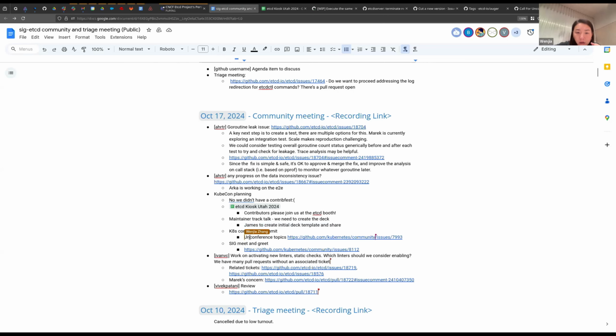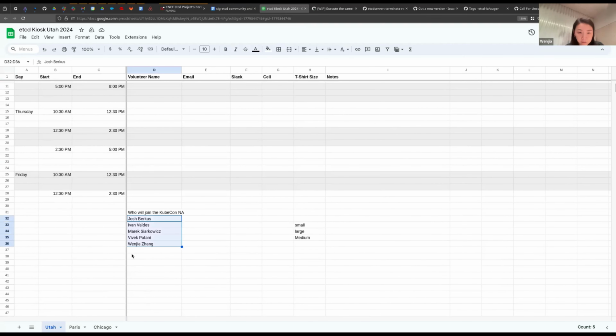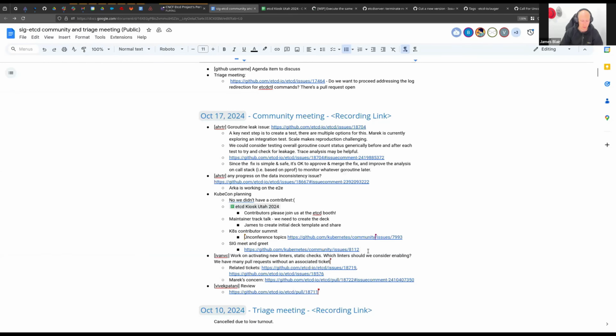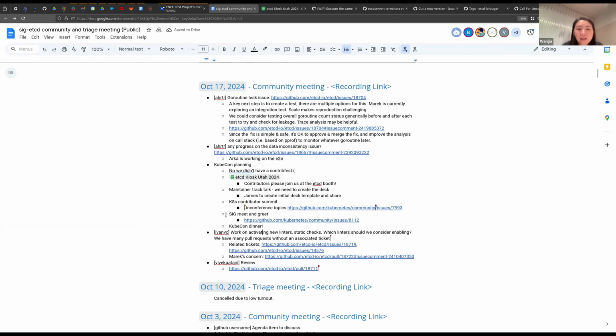Did we ever collect the list of people who are going to KubeCon? I forgot. There's a list in here. Okay, all right, great. So yeah, if you're not signing up the kiosk, you can still put your name there so we know you're there. We usually do a KubeCon dinner together with all the SCD contributors. So put your name there and we'll contact you on Slack.